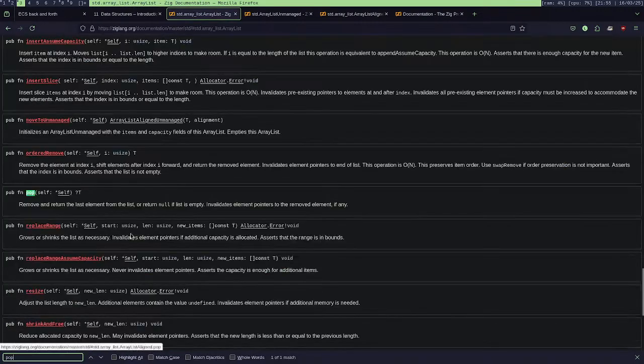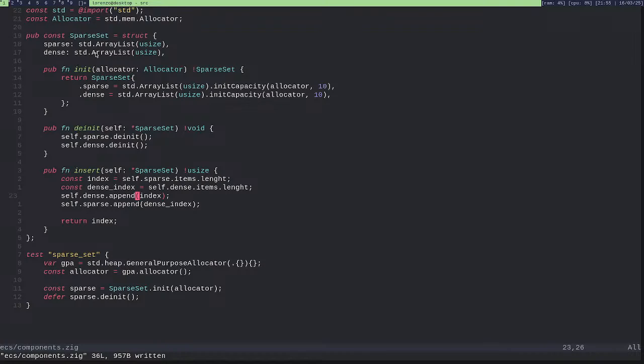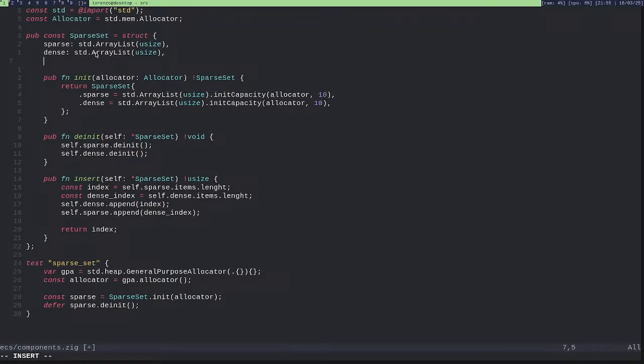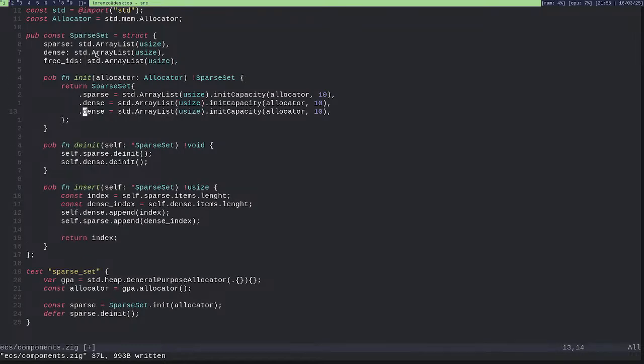Okay, if I call pop, I will also set here a destroyed... no, well, just free IDs, which is another array list.